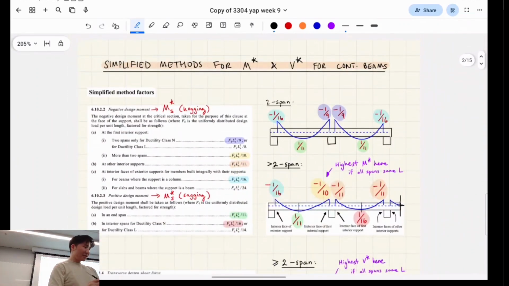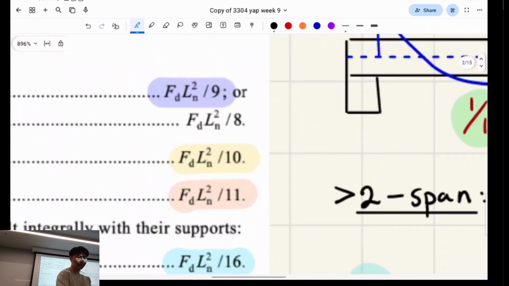So we're just going back to something that I covered last time, which is the simplified formulas. These are the bending moments for your continuous beams that is outlined in AS3600. You wouldn't really use these formulas for a simply supported beam or cantilever, but for a continuous beam, you should use these, right? And I think Justin last week asked me, can we use these formulas even when here in the formula, our length,